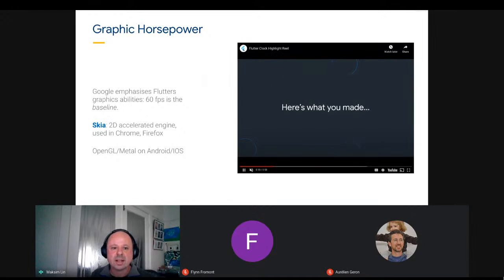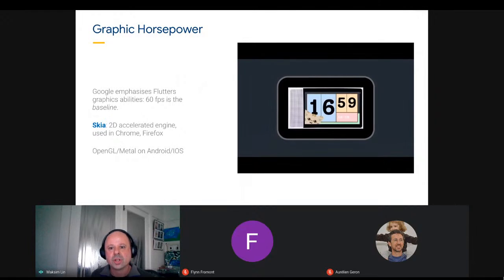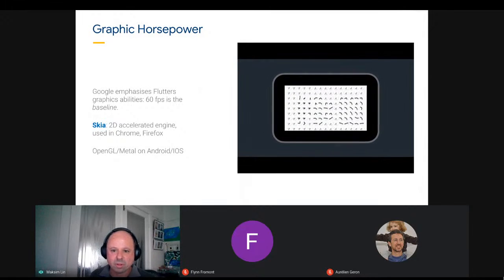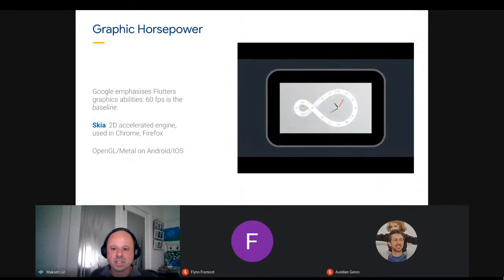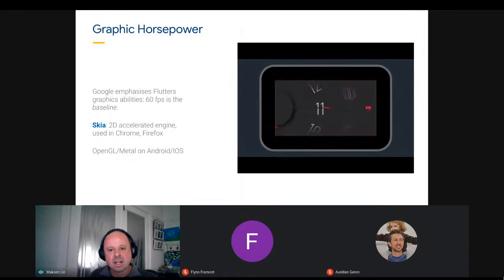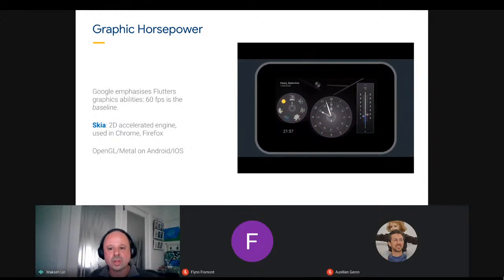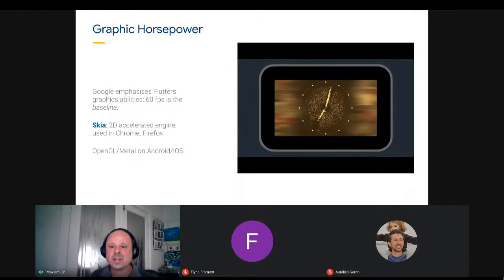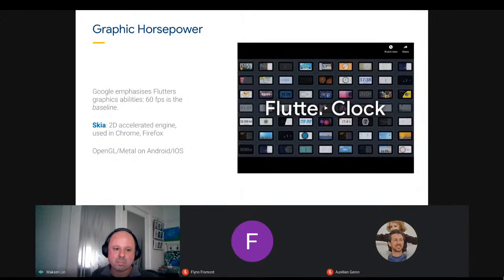Now, I've mentioned initially that Flutter is great in terms of its graphics support. Well, this just goes to show you how Flutter emphasizes excellent graphics performance. And you can really do some amazing things in terms of very bespoke custom graphics interfaces if you want to in Flutter. It's powered by the same engine library, Skia, that the Chrome and Firefox web browsers use under the hood, and it also uses OpenGL and Metal directly on Android and iOS to get really performant graphics without killing your battery life either.